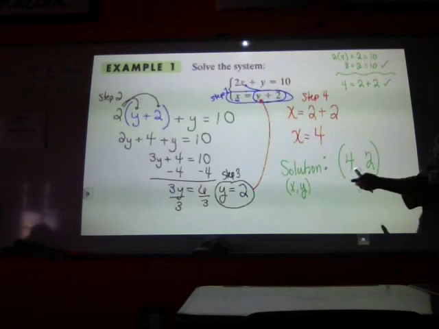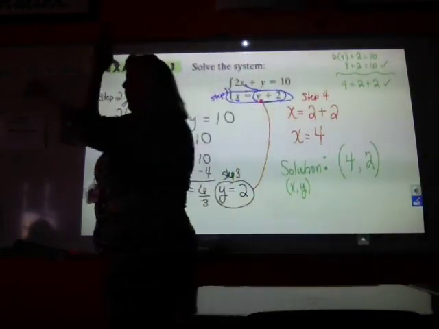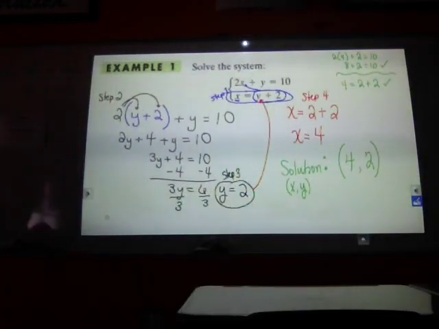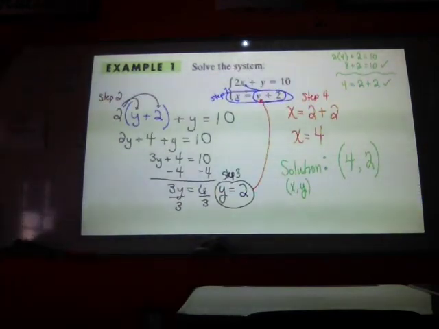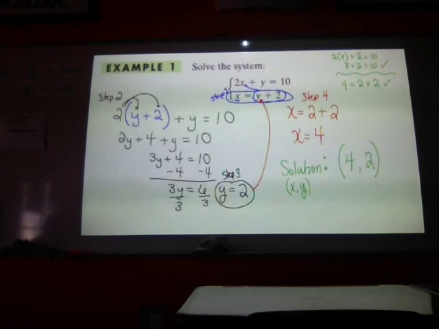The other way to check it is to graph these two equations and see if it crosses at 4, 2. Okay? But I mean, who wants to go to all that trouble? Right? Unless we have to. Fair enough? Makes sense? Yes, or maybe? Yep. Yes? No? Maybe. Okay. I want you to take a quick